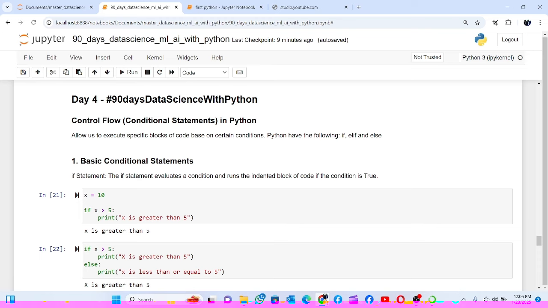So if you didn't follow up with day 1, which was installing Python, day 2, which was variables and data type, day 3, which was operators, and now day 4 is control flow. So you can go back to the other videos and watch them. Now today we'll be looking at controlling the flow of our program. Python has the if statement, the elif statement, and the else statement, and they also